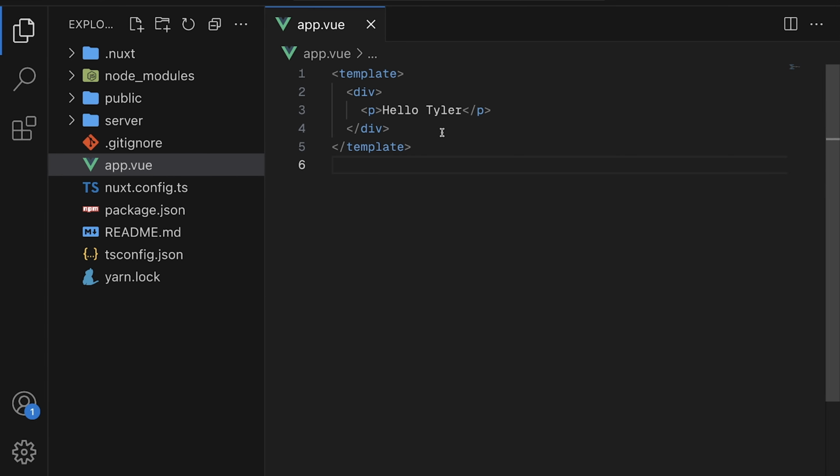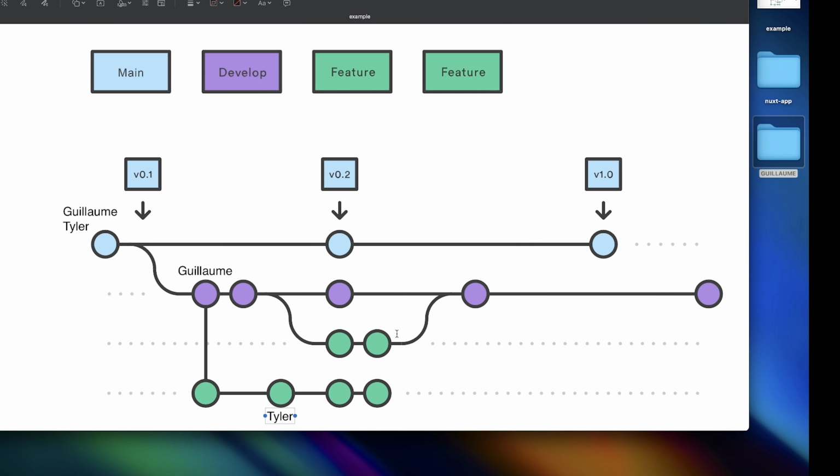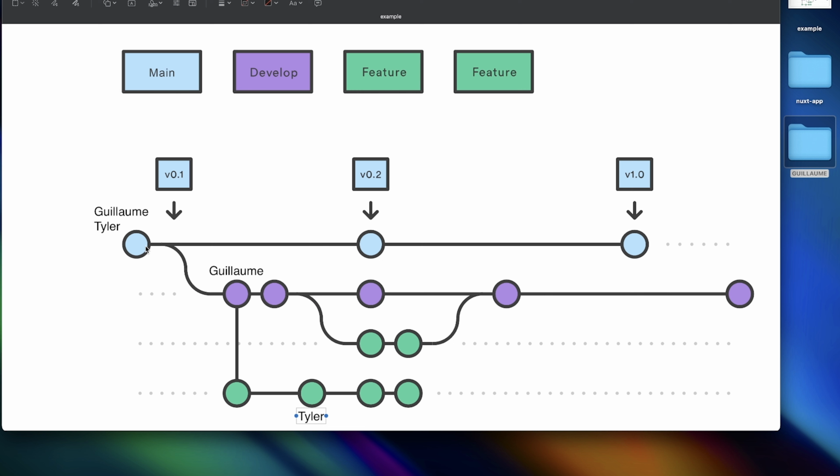And this is why Git exists. Git exists to save locally on our computer different versions of the same app. And one day, Guillaume and Tyler will ask to merge the same work. So they go like this, and then suddenly Tyler is here, and Tyler moves, and here Tyler is asking Guillaume